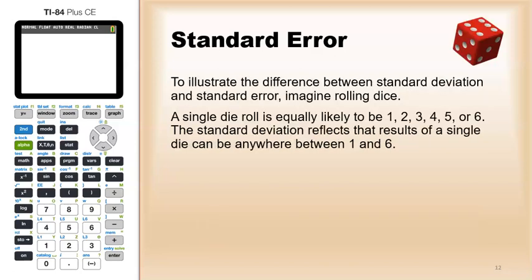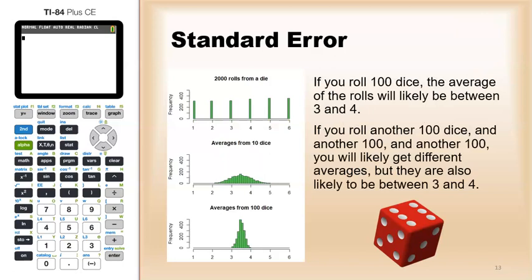To illustrate this, consider rolling dice. Now, a single die roll is equally likely to be 1, 2, 3, 4, 5, or 6. The standard deviation will reflect that result, that it could be anywhere between 1 and 6. So the standard deviation is going to be fairly large, or relatively large. And you see it in this graph, the graph at the top here. All the bars are more or less equally likely,